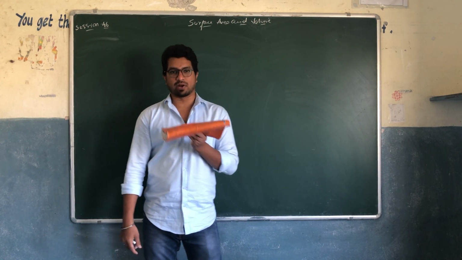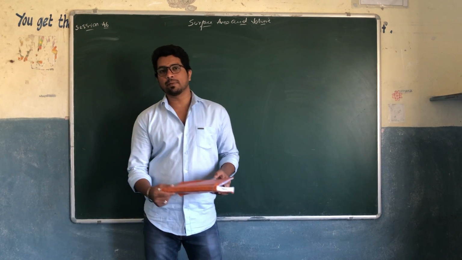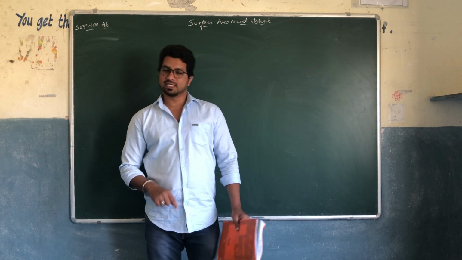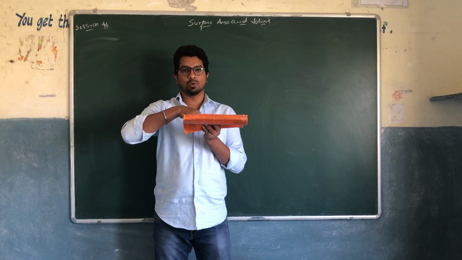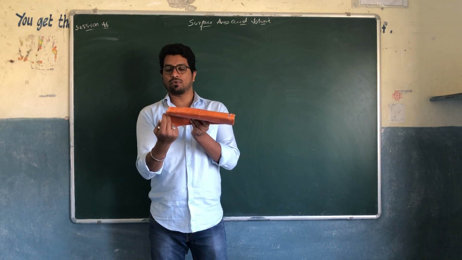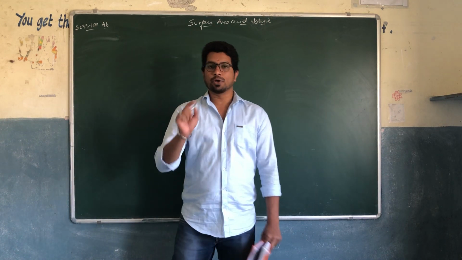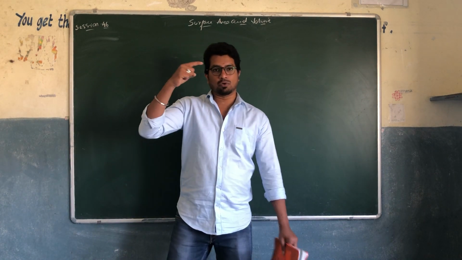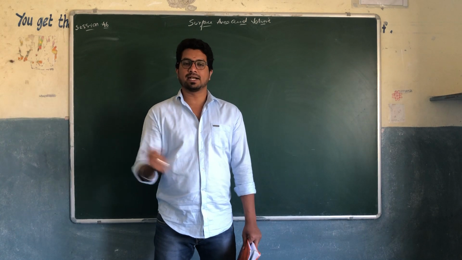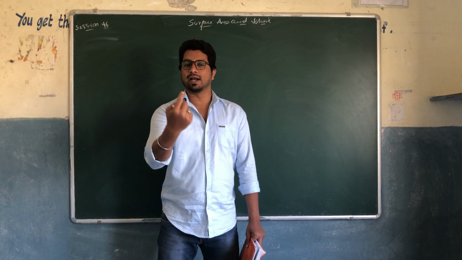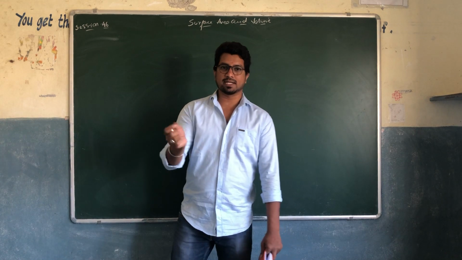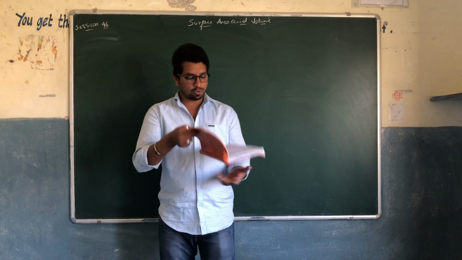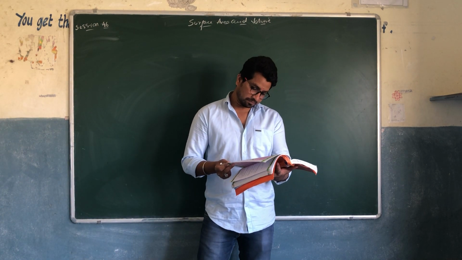Cuboid is in the shape of a rectangle, whereas cube will be in the shape of a square. Same, even cuboid will have 6 faces: 1, 2, 3, 4, 5 and 6. Similarly, cube also will have 6 faces. Right? So, top, bottom, right side, left side, back and front. All the 6 sides are similar to cuboid and also for cube. It's very similar to the cuboid. Okay?